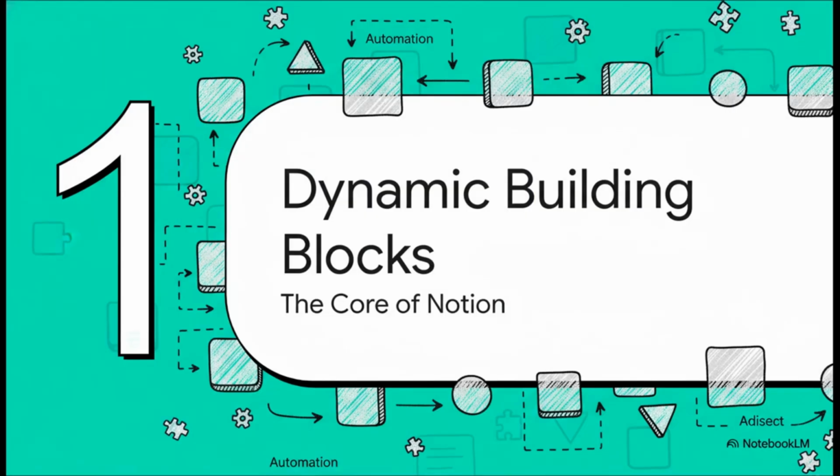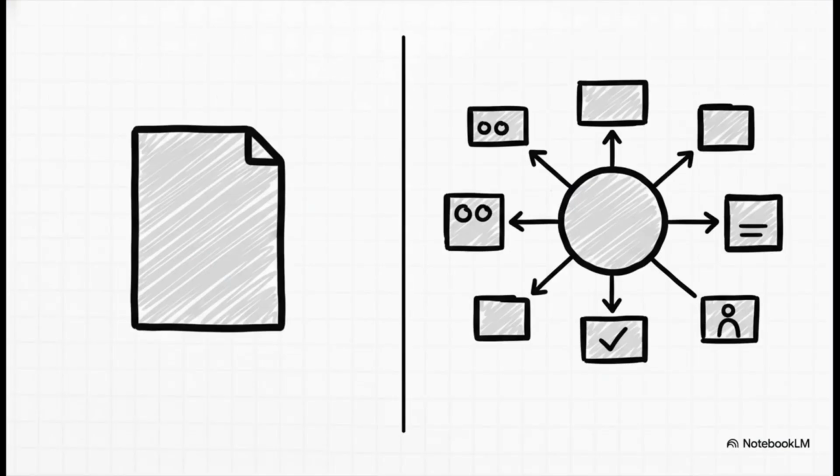All right, so let's dive in, and we're gonna start with what really makes Notion tick. What makes it so different from pretty much every other tool out there? It's dynamic building blocks. You see, Notion isn't built on static pages, like, say, a Word doc. Everything, and I mean everything, can be an item in a dynamic database. Now, this completely changes the game. It lets you structure, sort, filter, and connect all your knowledge in ways a flat document just could never do.